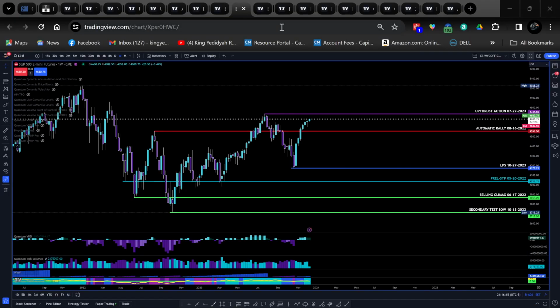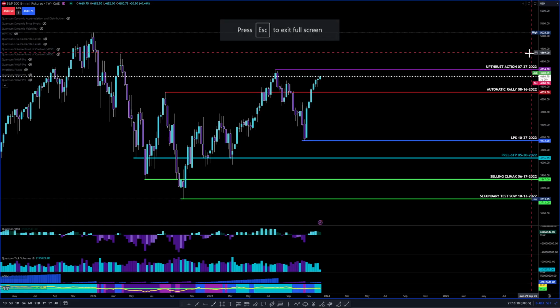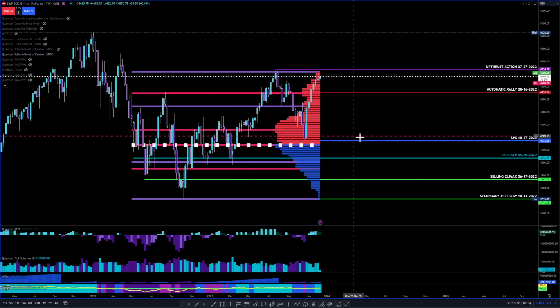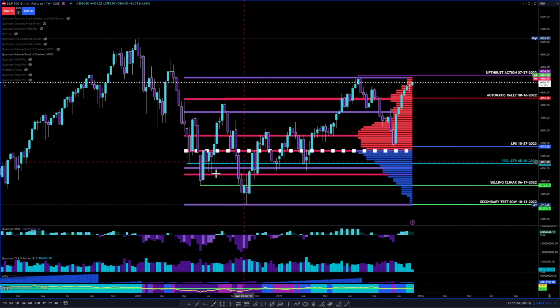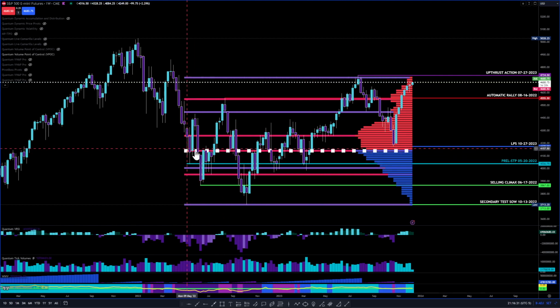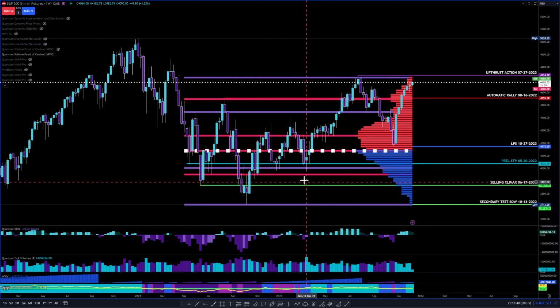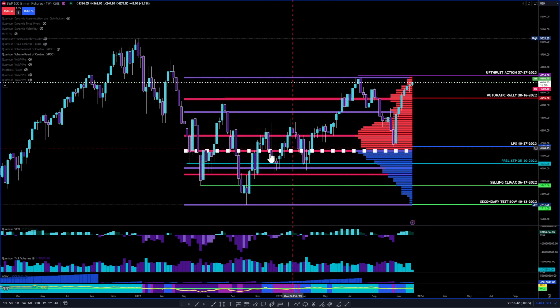So let's see here. Let me try and go down to the daily chart, and wait, hold on. Before I do that, let me just look at the volume point of control, or the volume profile, sorry. So I started this volume profile from the beginning of the preliminary support and the preliminary stop, sorry. And this is the volume point of control here at 41.35.50. And as you can see, it kind of rotated around there a lot.